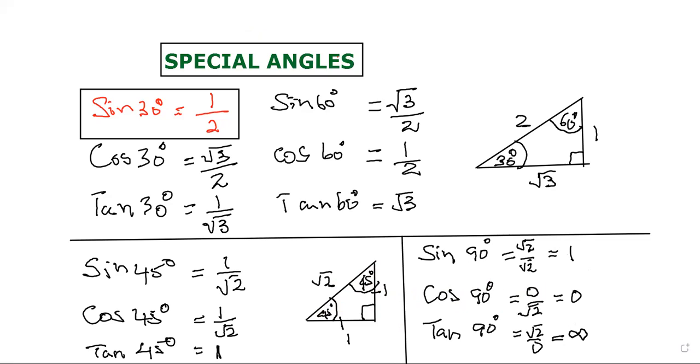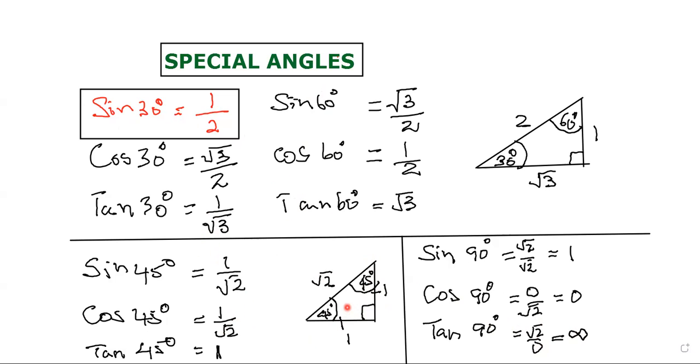Then tan 90. Tan 90 means opposite. Opposite is root 2 over adjacent. There is no adjacent. These two adjacents are for these two other angles. For 90, no adjacent. So dividing by 0 is infinity. So you can easily derive